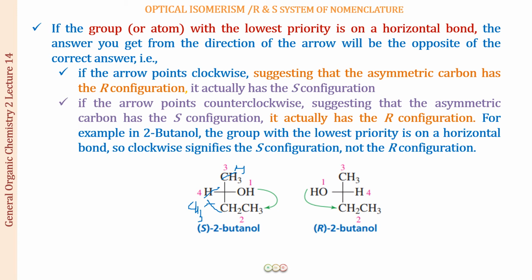So what direction is this? This is the clockwise direction for this compound's enantiomer. So this compound has the R configuration, and the original molecule should have the S configuration. Okay, I hope this is clear to you people, that when you make a switch of 2 groups, the answer you get is for the enantiomer of the compound which has been asked in the question. So whatever answer you get, just change the configuration for the enantiomer. Okay, I hope this is clear.